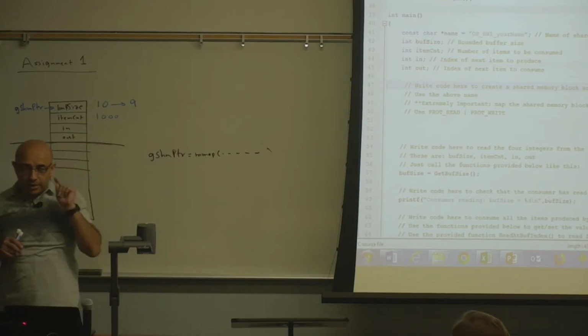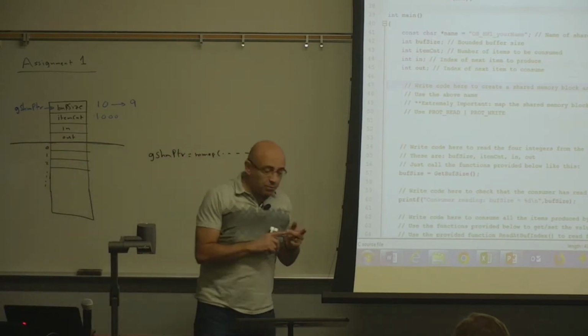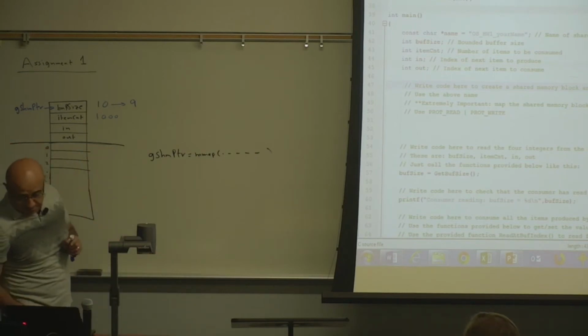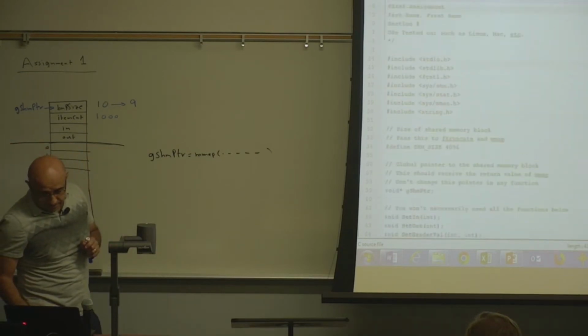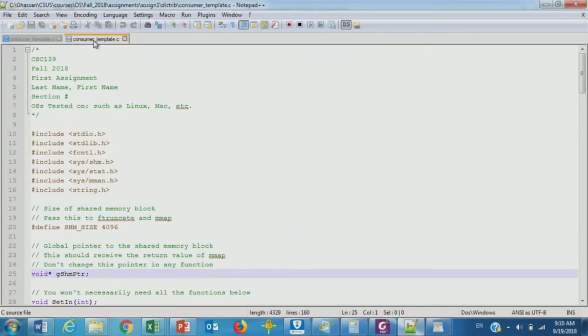So it will make two API calls, shared memory open and mmap to map, and it's going to map it to a pointer that's also called shared memory buffer pointer. It has the same name. By the way, it doesn't have to have the same name.